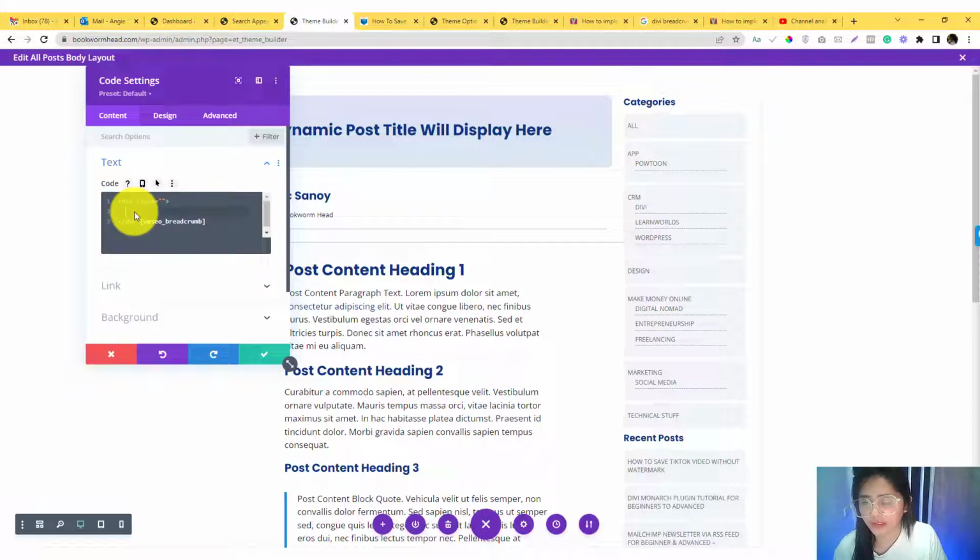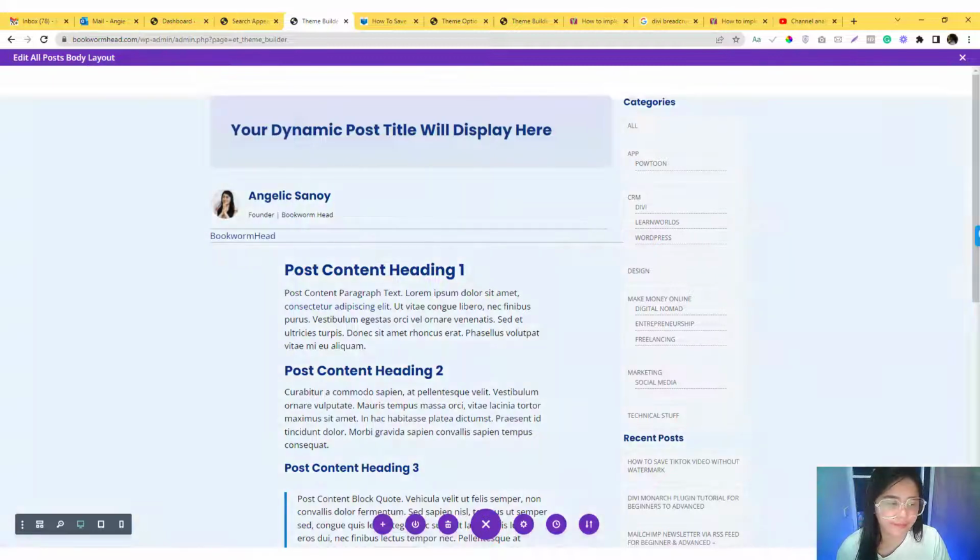You can have something like this. Put that inside the div class, and let's type in breadcrumbs, or just my-breadcrumbs, and then save,